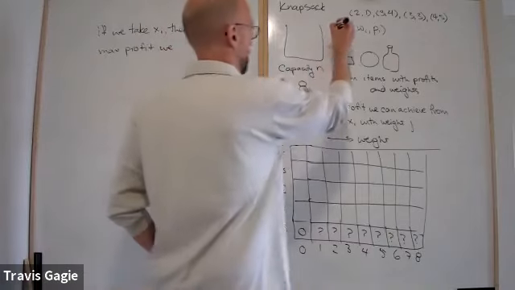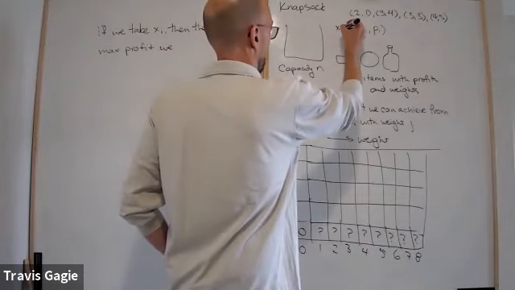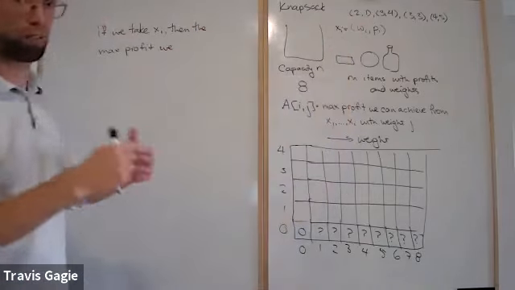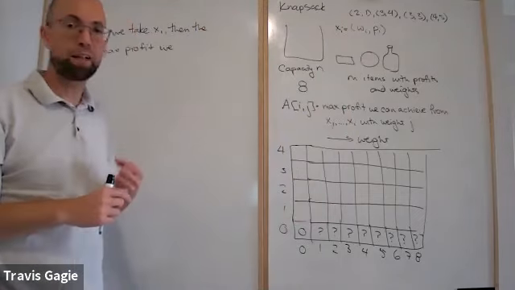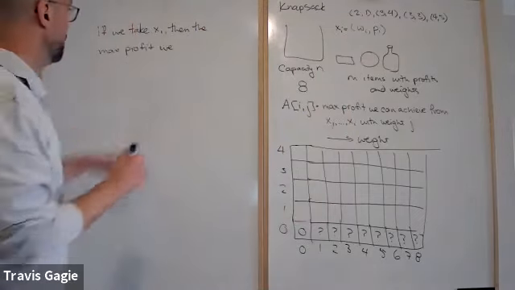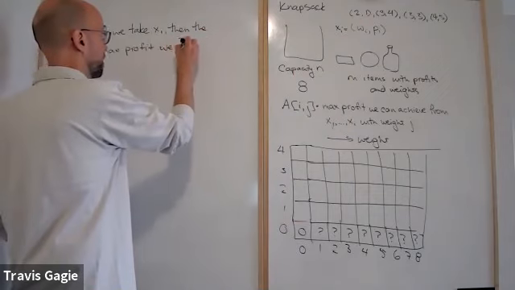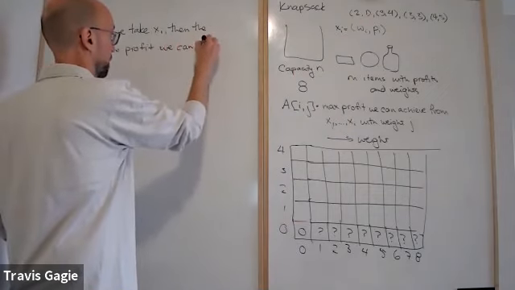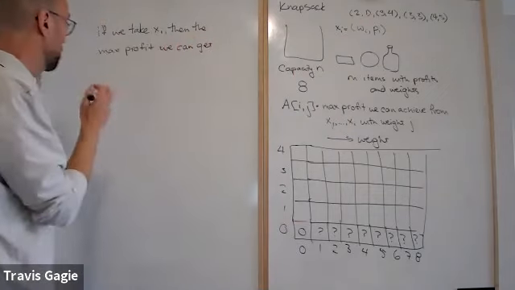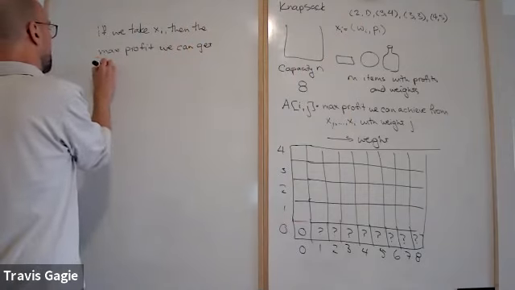Okay, so this xi is the pair, right? So we take that. The max profit we can get with weight exactly j